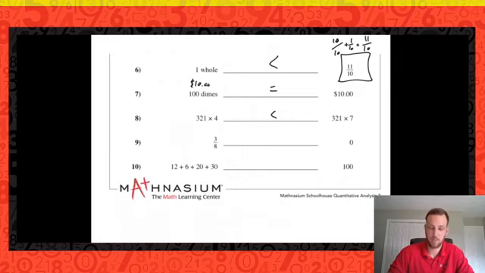Looking at number 9, we know that any fraction is greater than 0. 3/8 is greater than 0. And number 10,